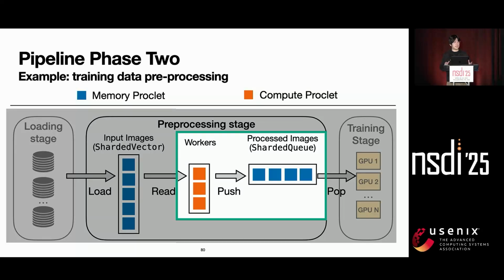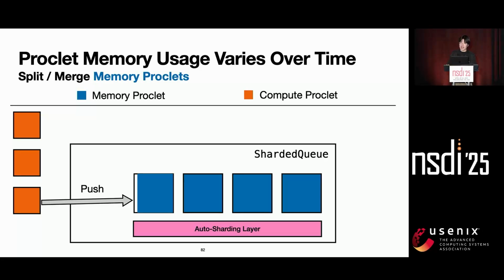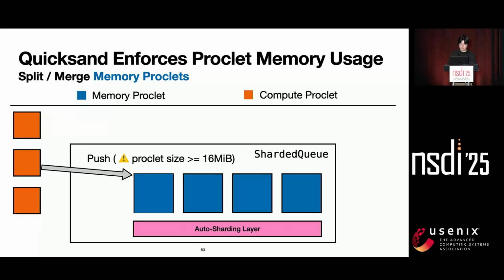Next, let's take a look at the second phase of the pipeline. Compute proclets push to the last memory proclet in the sharded queue, where each proclet represents a shard. As more data items are inserted, the tail memory proclet uses more memory. To maintain fine granularity, the auto-sharding layer limits memory proclet's heap size to a maximum, for example, 16 megabytes shown